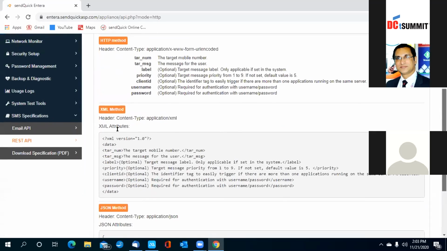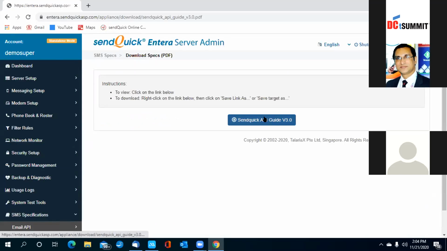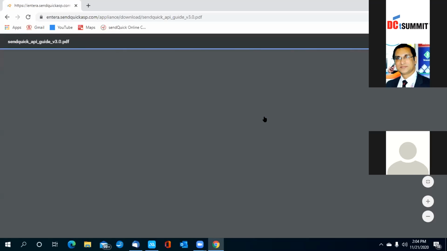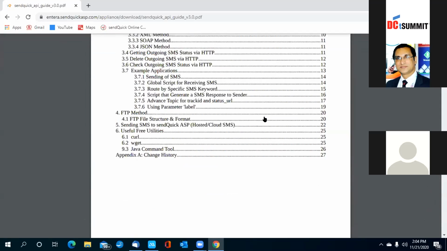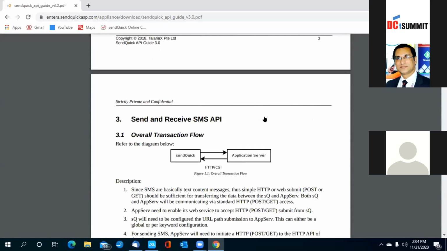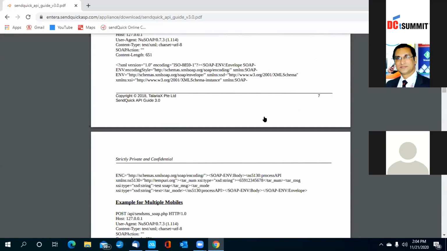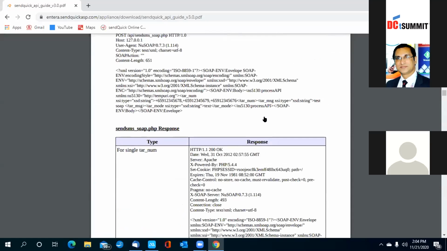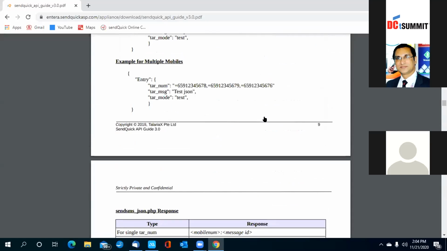So this basically completes the demo of sendQuick. You have a document which you can download, the API guide, which tells you how you can use the different APIs to send messages from sendQuick, to receive messages from sendQuick, to set monitoring parameters and so on. So this is a very comprehensive guide. We also have assistance by way of our highly qualified tech support team who will assist you to get this integration up and running. So if any questions, you can simply email